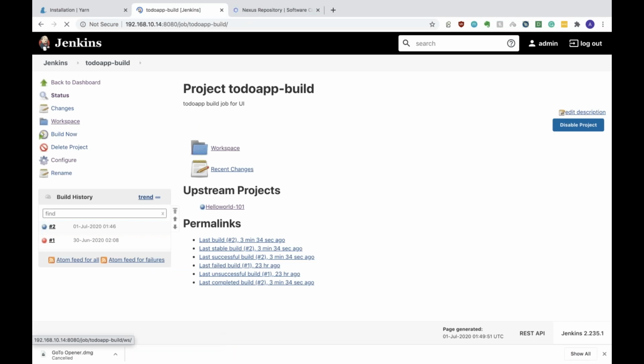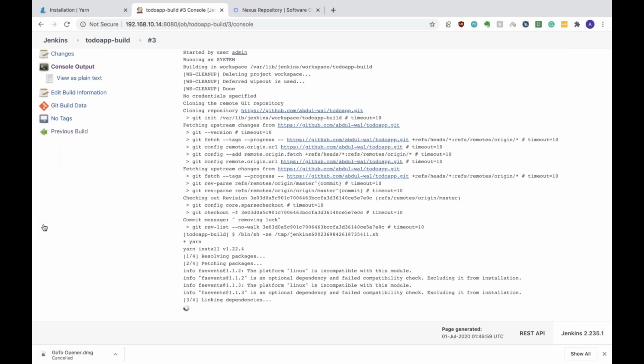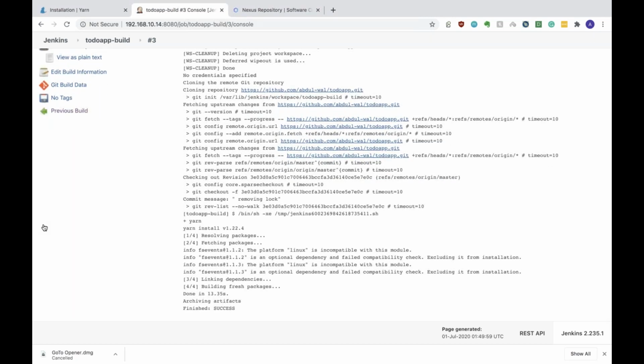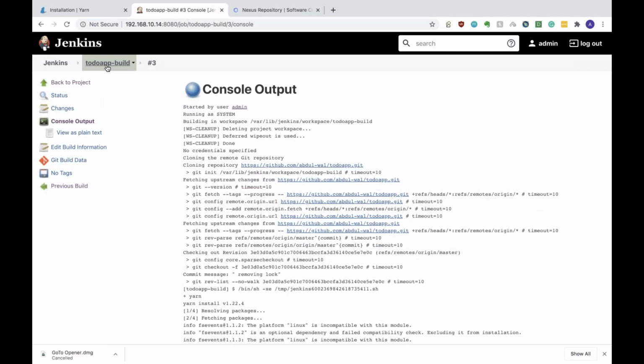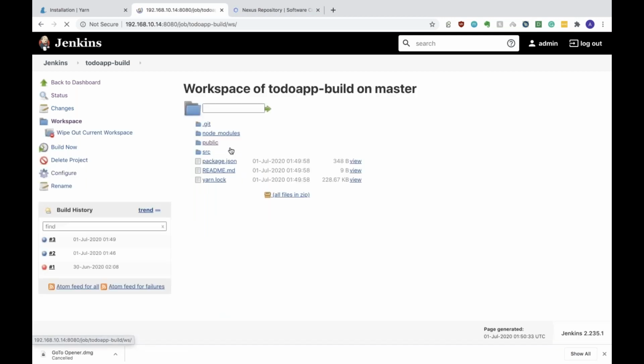Save and then build now. Again, it does the same job. It has to reinstall, fetch, everything. Okay, now it's a success. Now, if you see the last successful artifacts, I just archived, so this is the main archive. If you go to workspace,